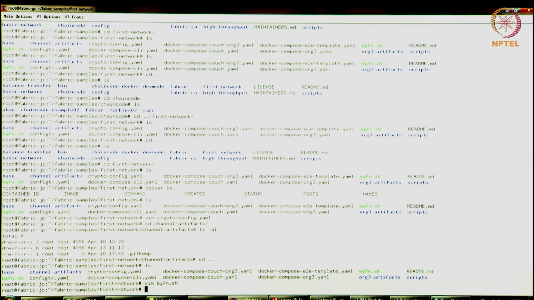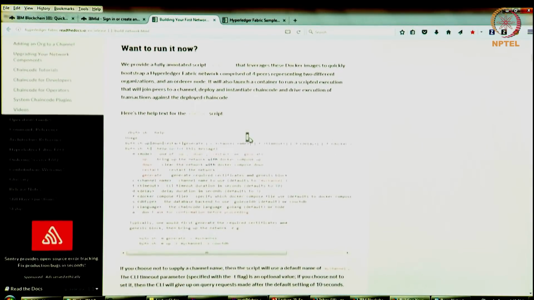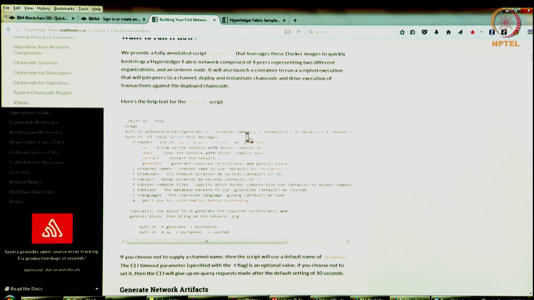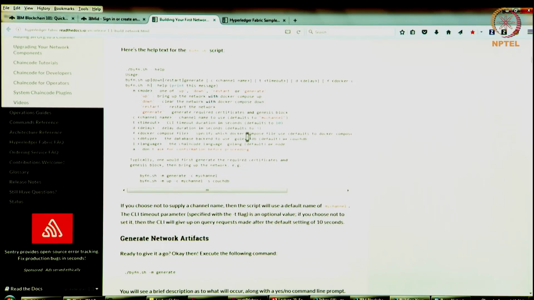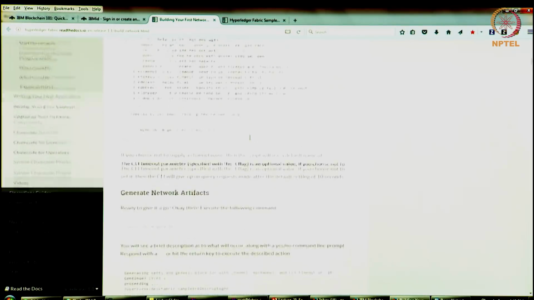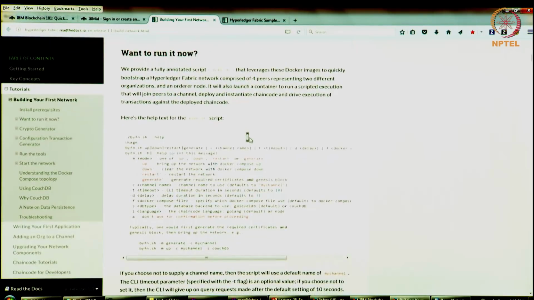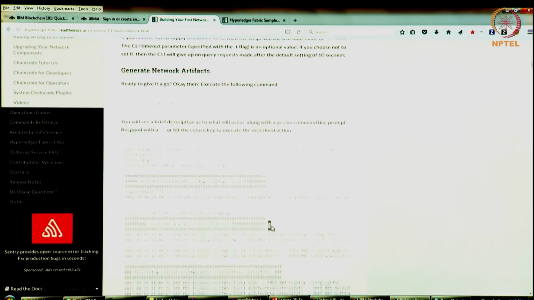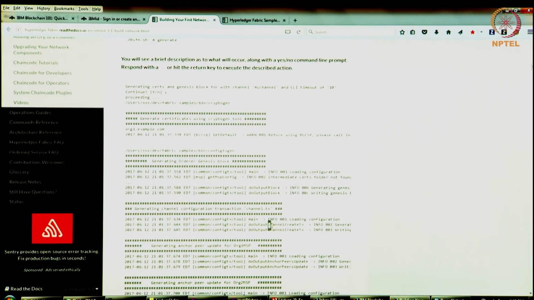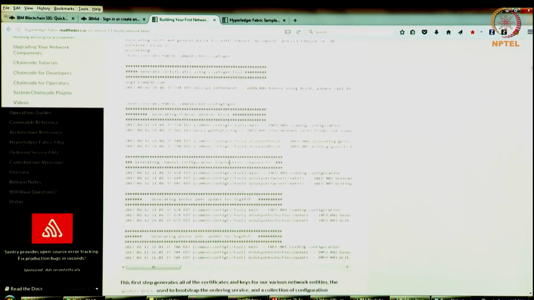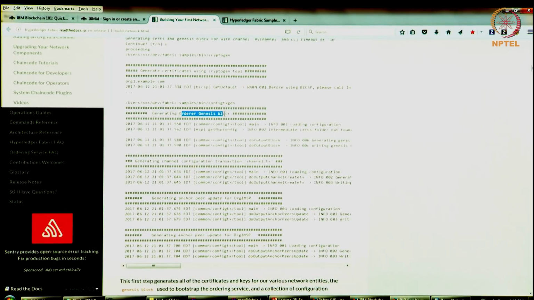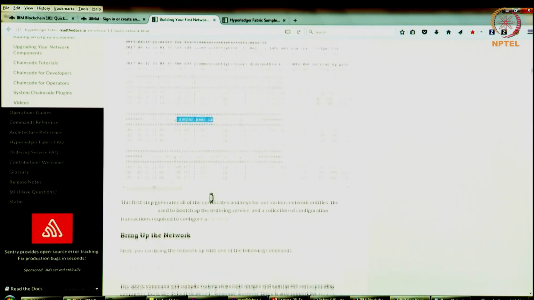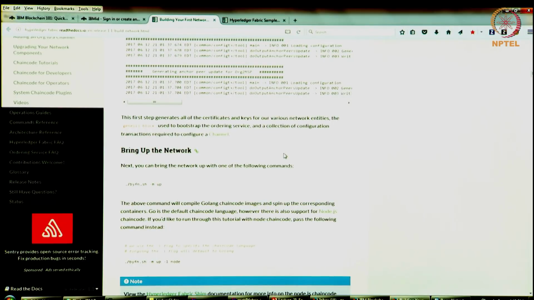I will go back to the HTML file, which gives you the overview of how to build your network. So going back to some of these things, right? What are some of the things we are doing? We're going to be generating certificates first. Then we're going to generate the network artifacts, the channel aspects, where we're going to create the orderer genesis block and then the channel configuration, and then we're going to add peers to that channel. So this is what we're going to be doing. So let's do that.